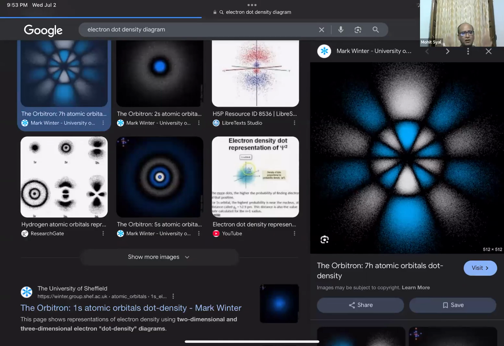There is a boundary surface diagram also. The boundary surface diagram doesn't let you see inside. Suppose in biology, when you draw the diagram of a heart, there is a boundary surface diagram which represents the heart from outside, and there is a cross section diagram which represents the four chambers. Got it? You might have done it in your time. So similarly, there is an external boundary surface, and there are internal parts. Yes, for the kidney also, or for every organ we do it, for leaves and stem, right?